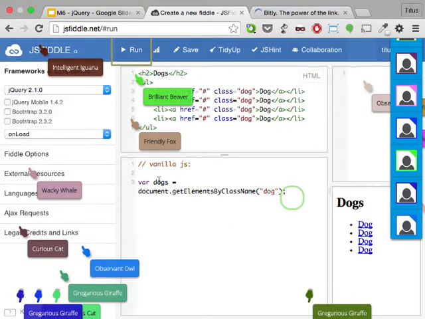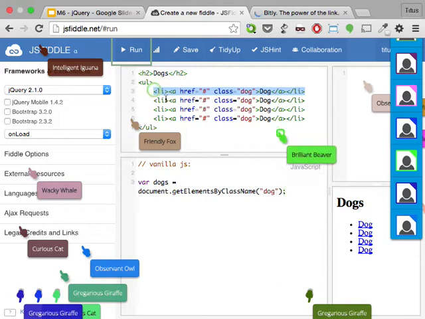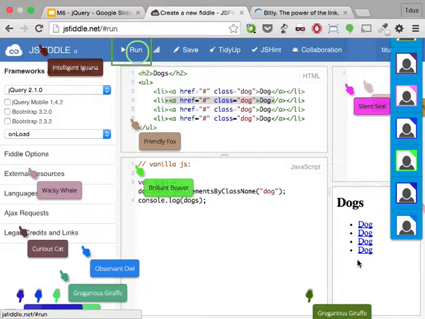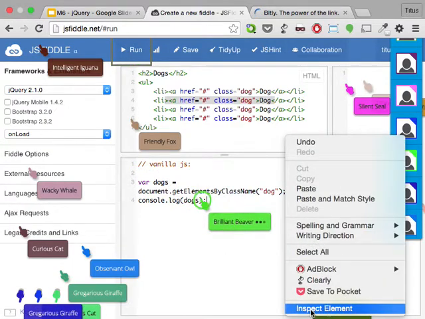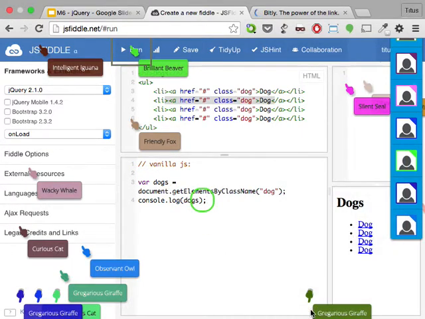Exactly. Dogs will now be pointing to an array of dog elements, so it'll have all of these links inside of it. And to prove to you that I'm telling you the truth, we can print out dogs, and if you right click on your page and say inspect element, it's going to pull